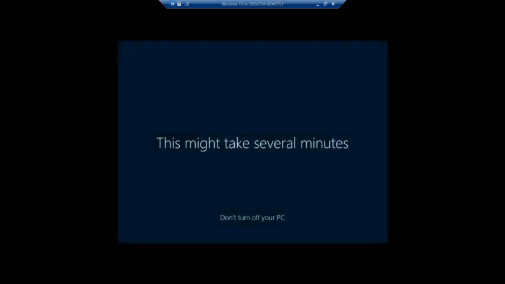And then we're almost there. And then it'll run through this little setup, getting things ready for you. And then once you see the desktop, you're ready to go. And then please just send a screenshot of that desktop, upload it, so I can make sure